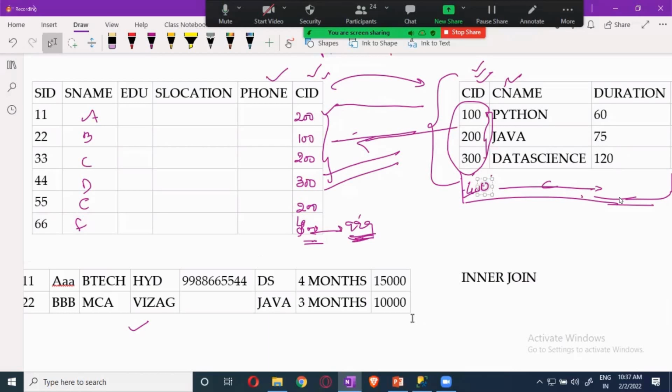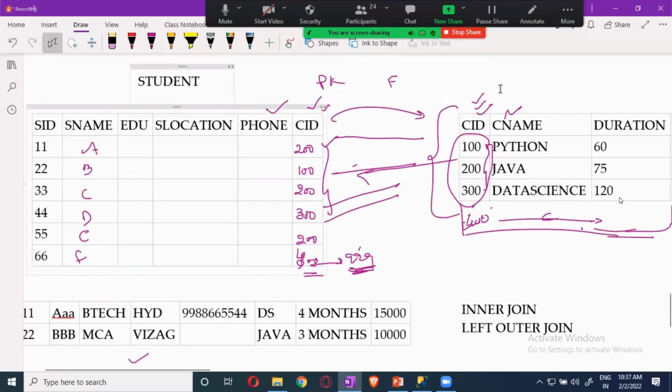Okay. Now when I say left outer join, this is usually called left join also. Left outer join means this is left centric. The student table is my left side table, and the course table is my right side table.